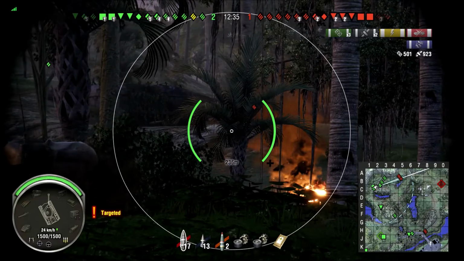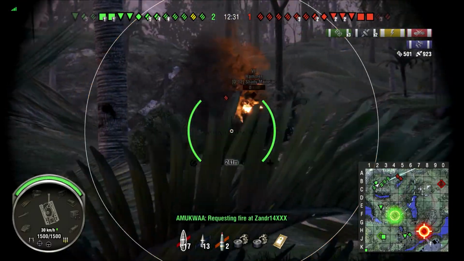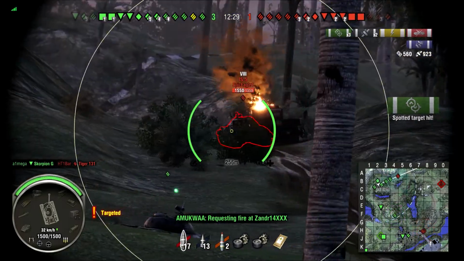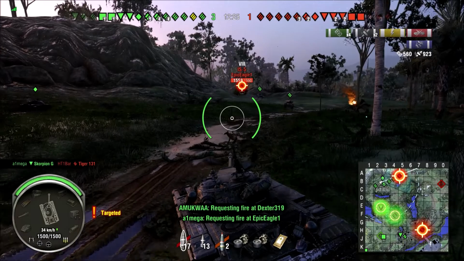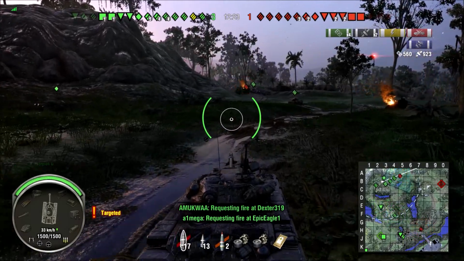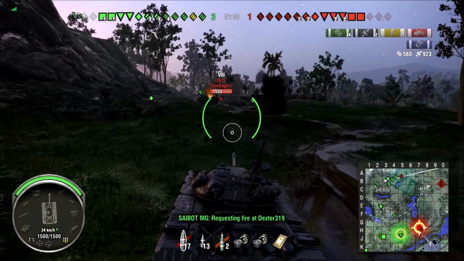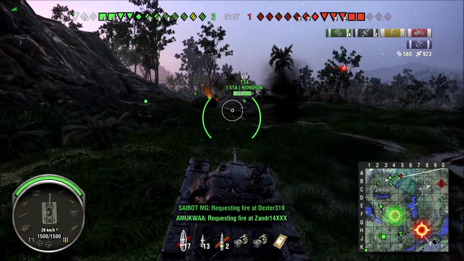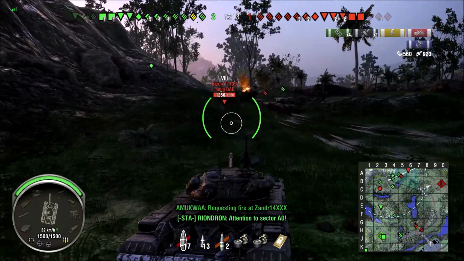So you played it up front, close and personal, get close to the opposition, use your gun depression, and make the best of it. So here basically we decided to push further. We've noticed that we are outnumbering the opposition in this area, so what we're going to try to do is climb up that little ridge area here